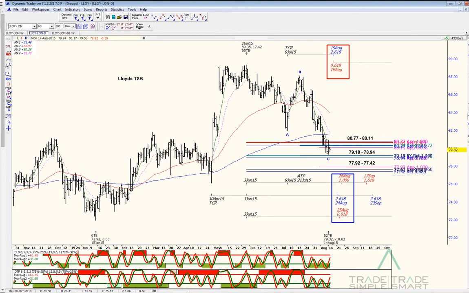Our first zone is 80.77 to 80.11, second is 79.18 to 78.94, and our third is 77.92 to 77.42. Our preferred zone is our second, 79.18 to 78.94, and this is because it contains the 100% projection of our A leg within our structure, once projected from our B point. In terms of time,